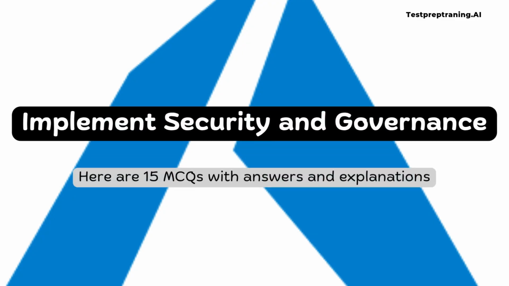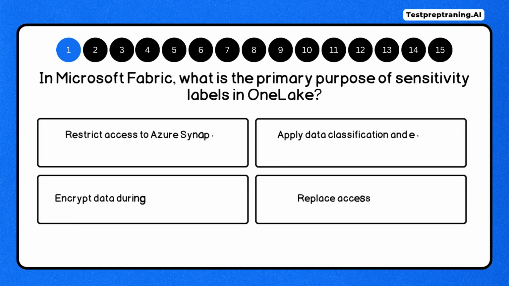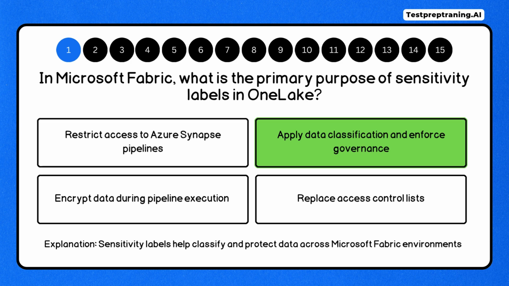Here are 15 MCQs with answers and explanations on implement security and governance. Question 1. In Microsoft Fabric, what is the primary purpose of sensitivity labels in OneLake? Correct answer is apply data classification and enforce governance, as sensitivity labels help classify and protect data across Microsoft Fabric